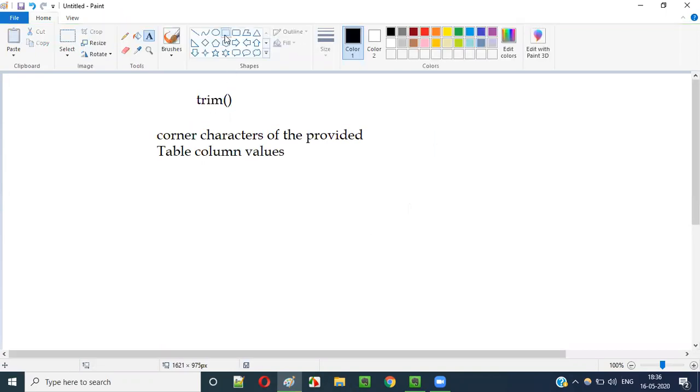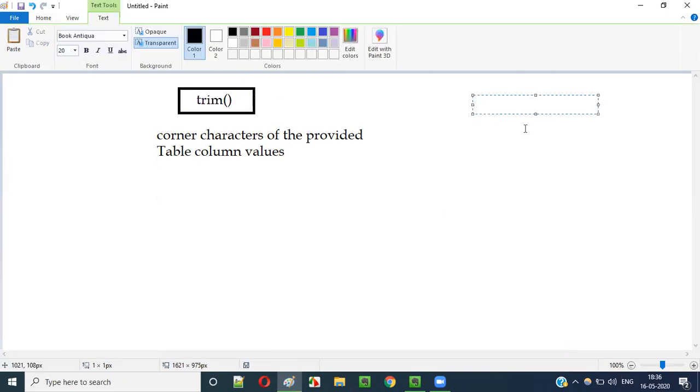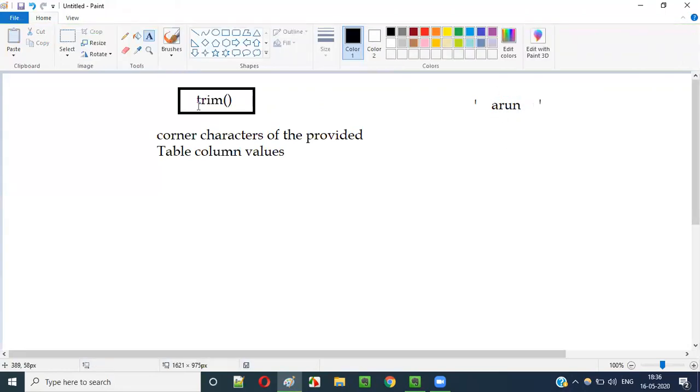In one of the previous videos, I explained this trim function, and in that video I explained how to trim the spaces. For example, if a particular table column has some spaces before the Arun text and after the Arun text, and you use the trim function, then it will convert this Arun text having the spaces into normal Arun text.